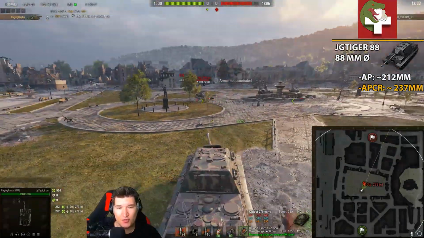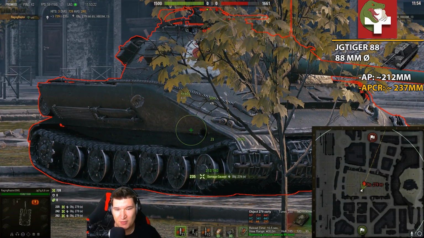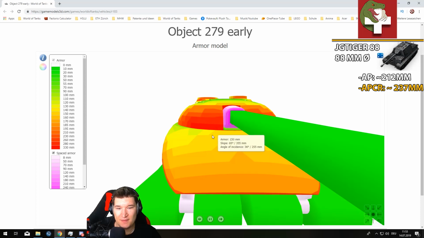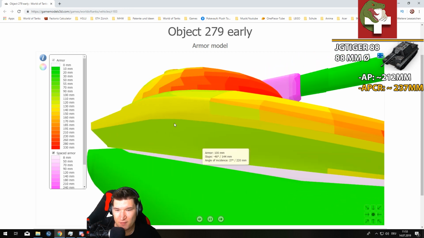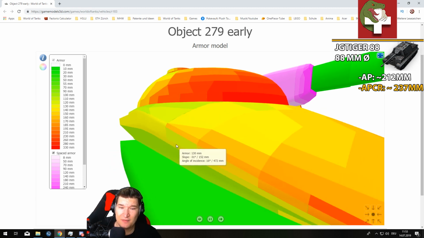Now I decided to show you how good or how bad the side armor of the 279 is. And here is an interesting feature of this tank. The lower you go on the side armor, the more likely you are to penetrate it. When we look at the side armor, you can see that usually it's rather well sloped upwards until it is more flat over here with 130mm. This part down here is 100mm thick, and well,